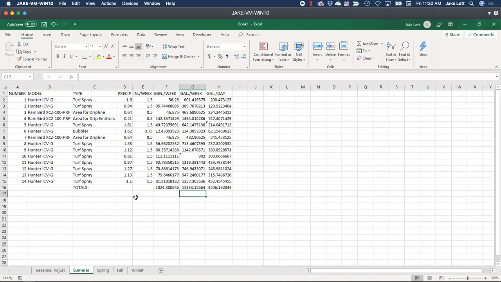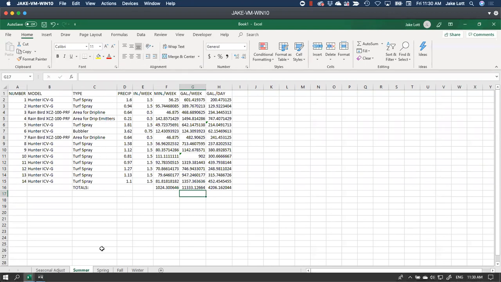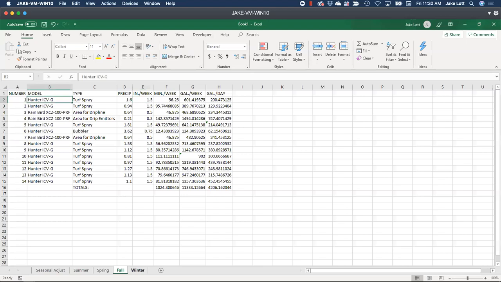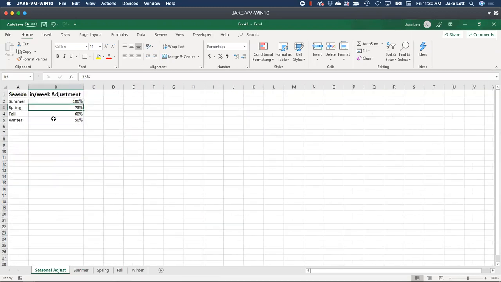If we need to run a new schedule from AutoCAD, we just copy and paste into this summer sheet because we know he is just sort of the home base for all of them that we're going to look at. But for all these other ones, we want to make dynamically changed inches per week based on our seasonal adjustment.